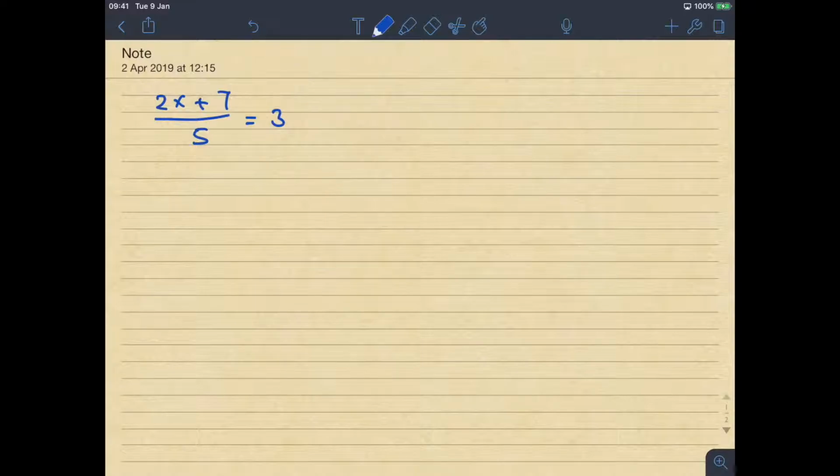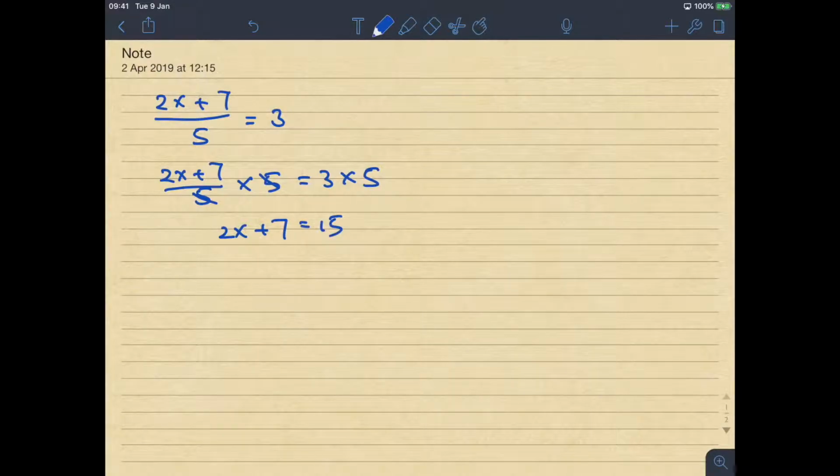Obviously, we want to solve for x, and the first thing we need to remember with equations is that what we do on one side of the equation, we need to do the same on the other side. So the traditional method tells us that we've got divided by 5 on the left hand side, so we want to multiply the equation on both sides with 5. So on the left hand side, the 5 cancels out. On the right hand side, we've got 15, so we can rewrite the whole equation as 2x plus 7 equal